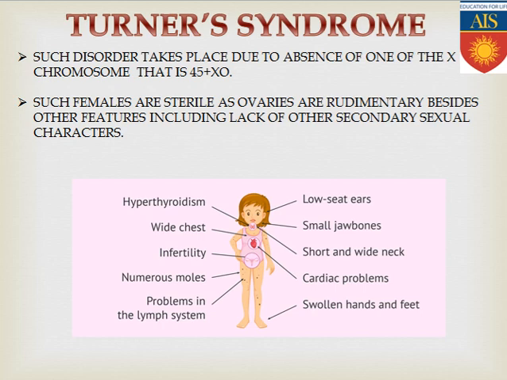Their menstrual cycle becomes irregular, and musculature development can take place. Next, secondary sexual characteristics are also lacking. Their ovaries are present in a rudimentary condition, proper development and growth of the ovary has not taken place, and these females are also sterile. So these are the symptoms of Turner syndrome females.